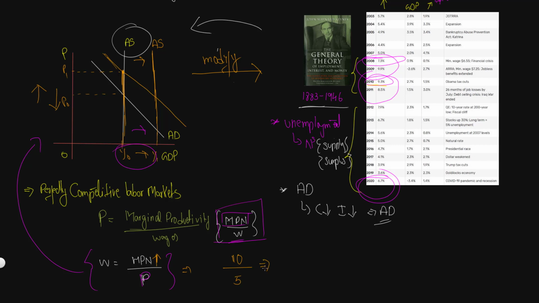Let's say the government implements some sort of supply side policy in the classical sense to increase the marginal product of labor, and let's say that from 10 units now we are able to produce 15 units. And if the prices decrease, because when the aggregate supply increases, theoretically in the classical model you can see that